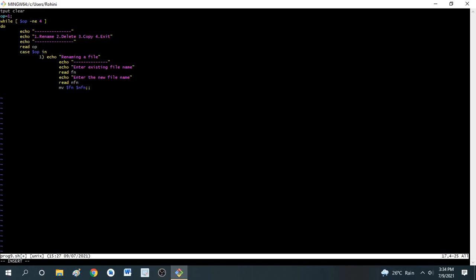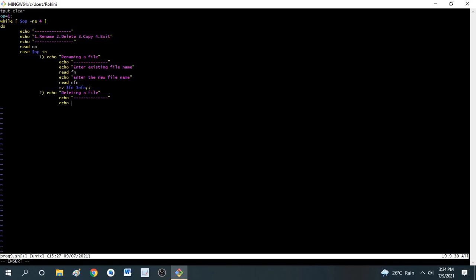Start with the second option, echo. So this is for deleting a file. Again a line space. Now I have to accept the file name that the user needs to delete.